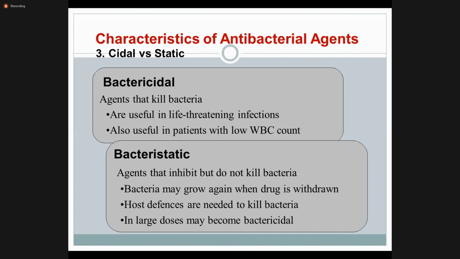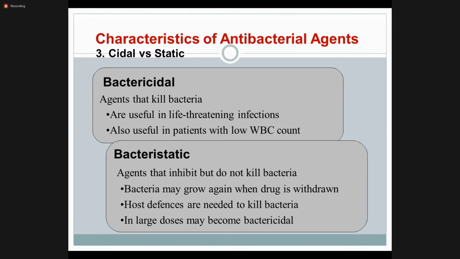And also useful in patients with low WBC count. That means if a patient has a low WBC count, they have low immunity, right? So in that situation we'll have to use a powerful antibiotic, so we are going to use a bactericidal antibiotic. This is an important point. Bacteriostatic antibiotics inhibit the growth and multiplication of the organism, but do not kill bacteria,